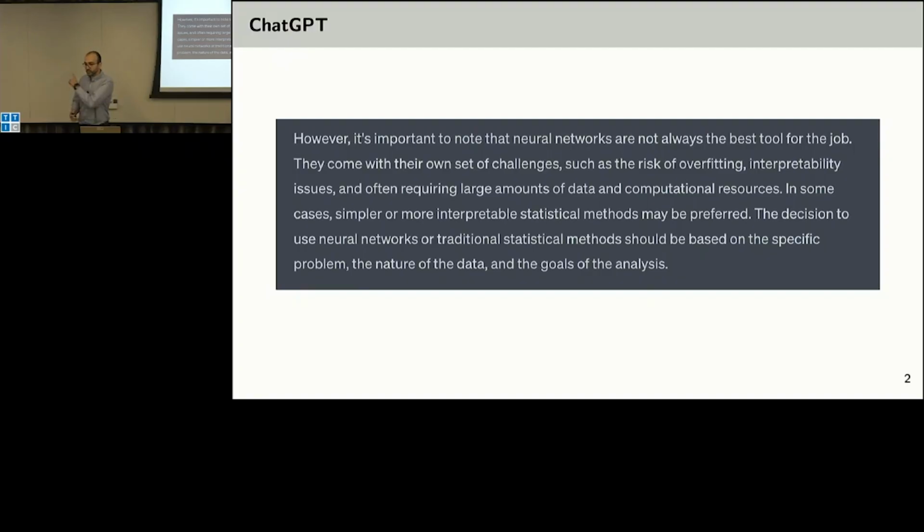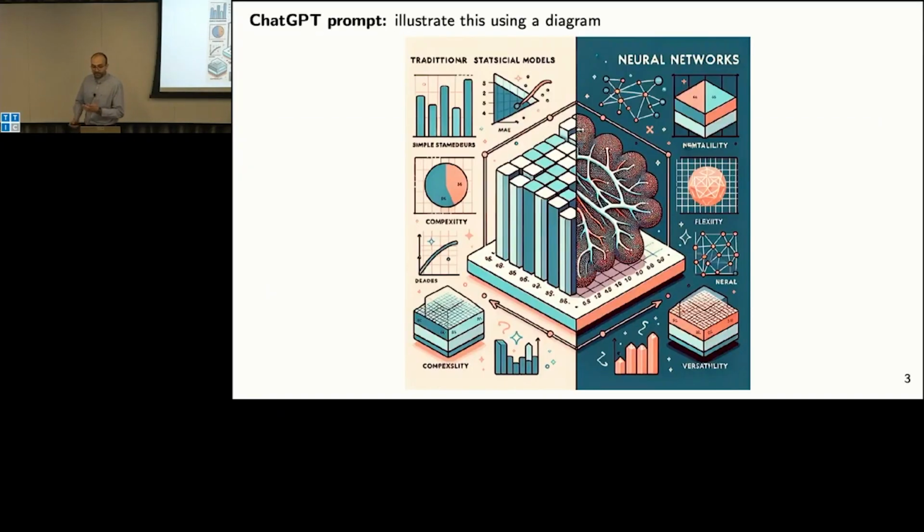It's really interesting to me that ChatGPT, which itself is a neural network, actually admits neural networks are not the best tools for the job, which is true, right? And this is really surprising, ChatGPT actually making quite intelligent generations. And then I said, ChatGPT, illustrate this using a diagram, statistical methodology and neural networks, just as an example. Now, it is able to generate images with GPT-4, and it has this image. It struggles with the spelling, as usual,